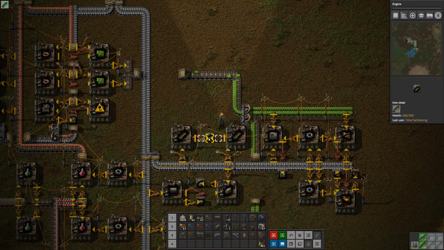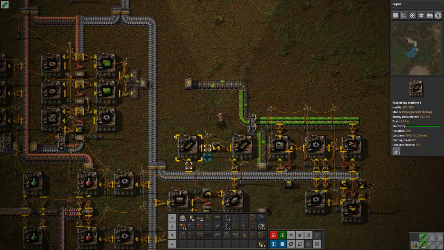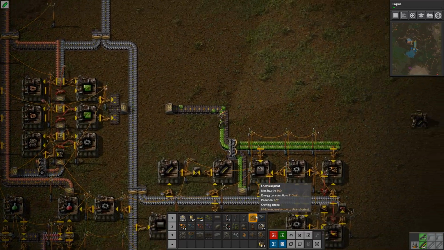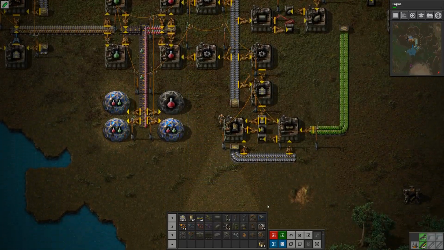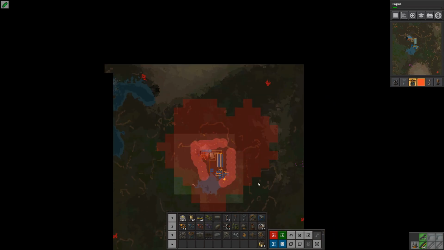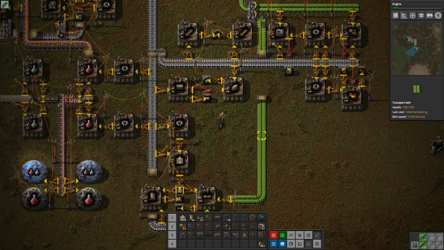We are producing slowly but surely certain things. We have 24 gun turrets. That's good. Right, we have that. We have them there on the quick bar. Now, we don't actually need that much more. What we need to do is make